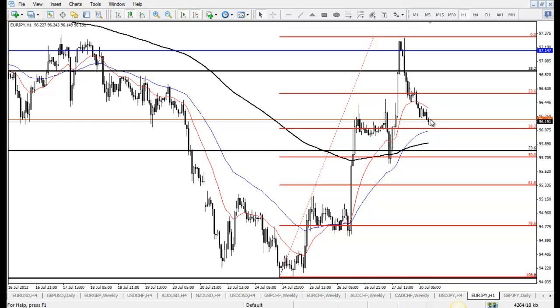We're approaching the 38 area, and we can see this is possibly a 1, 2, 3, 4, and a 5. Possibly see another little rally back up to this resistance zone up here at around the 96.60 area before we see the resumption of this A, B, and then a C correction back down to around this 50% area around the 95.70. If it breaks below, we could see the 61% at the 95.30 area come into play before we